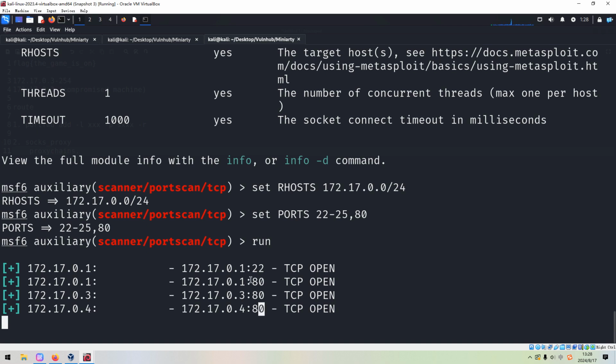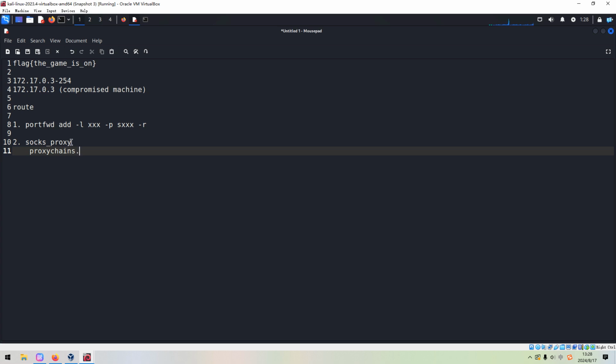If we use the first method to make pivoting, we can use the portfwd add command, and this technique I have been demonstrating many times. Although we can use this way to make exploitation, it is also a bit weird and not a very stable one.